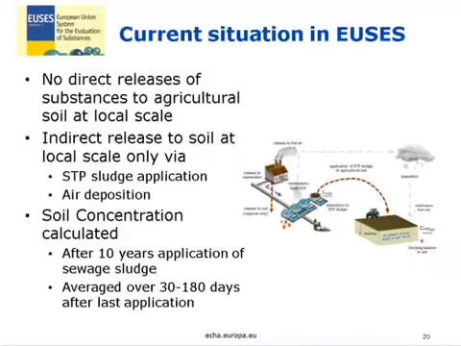So, as you know, there is no direct release of substance to agricultural soil at a local scale. Instead, we have indirect release to soil at the local scale via sludge application, so when the substance goes to the sludge of the STP, and by air deposition. Then, according to this indirect soil release, we have a soil concentration which is calculated after 10 years of application